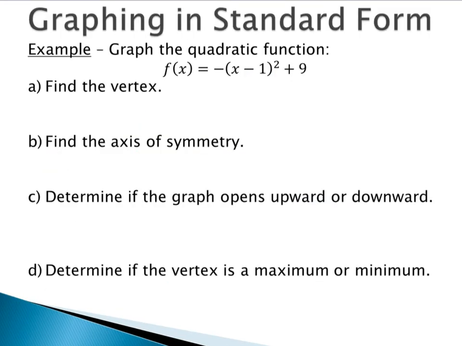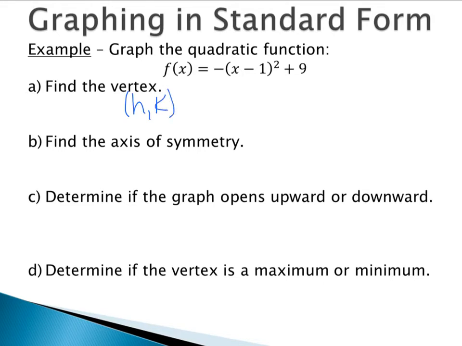So now that we know what the standard or vertex form of a quadratic function is, now we can graph it when it's in this form. So first we want to be able to identify the vertex, again, since it should be fairly straightforward, not as much work as if we have it in ax squared plus bx plus c form. So again, our vertex is (h, k).